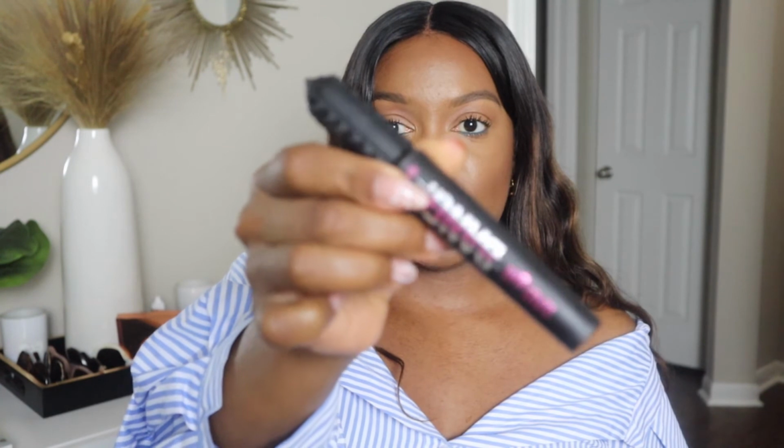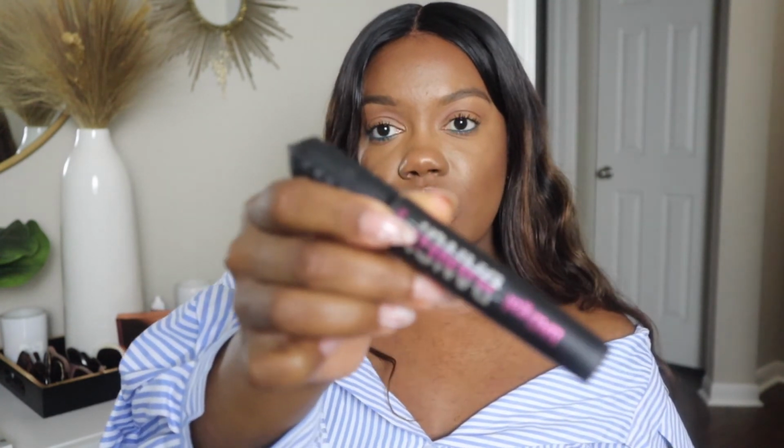Let's talk mascara. My favorite mascara of all time is the Benefit Bad Girl Bang. I just feel like if you don't have any eyelashes, this will make your lashes pop. I know that there was a mascara that recently came out that went viral on TikTok. I didn't get my hands on it, but I don't need to, because this right here is She's Your Best Friend. And it just has a really nice wand applicator that's nice and small, and so I feel like it lasts a lot longer